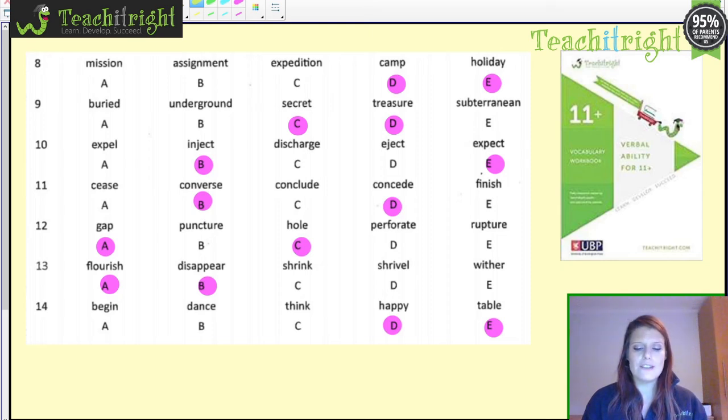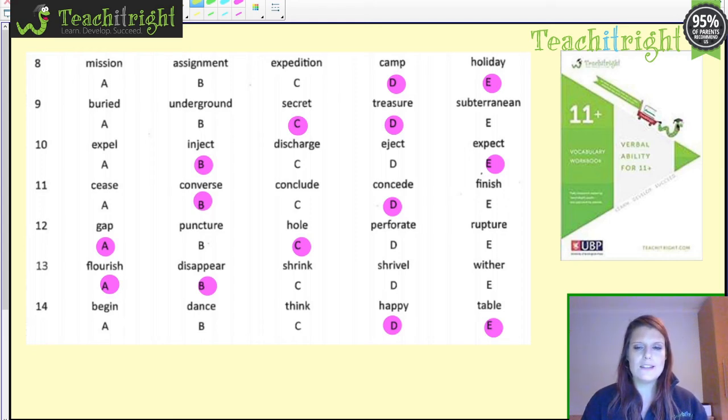13, flourish and disappear. Flourish could be growing, developing really well, whereas that's quite the opposite to shrink, shrivel and wither, all meaning to become shrunken. And then 14,